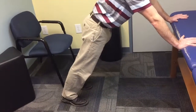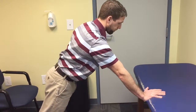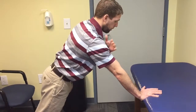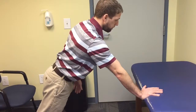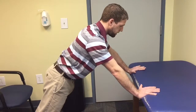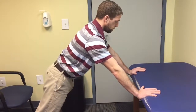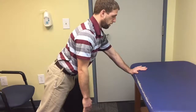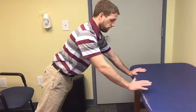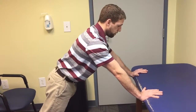So I'm going to push away, I'm going to shift my weight over, and then I'm going to let go. And you see, even as I'm here, I'm pushing away from this table with my shoulder down. Hold for 5 seconds, and then come back to both hands, kind of reset, reestablish that push away, and then slowly start to shift towards my other hand and let go. 5 seconds. If that's fine, I'm going to come back to the first hand, same thing, reestablish the push away,